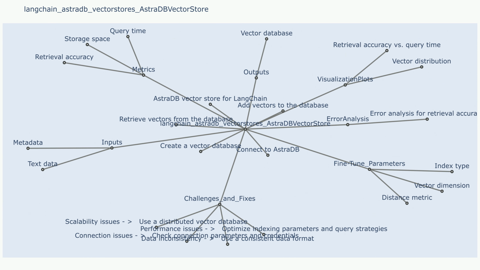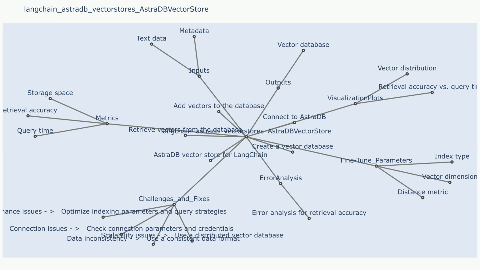Metrics: embedding similarity: the quality of the embeddings can be assessed using metrics like cosine similarity or Euclidean distance. Retrieval accuracy: the accuracy of the vector search algorithm can be measured by evaluating how well it retrieves relevant documents based on the query embedding. Query latency: the time taken to perform a vector search query can be measured to evaluate the performance of the